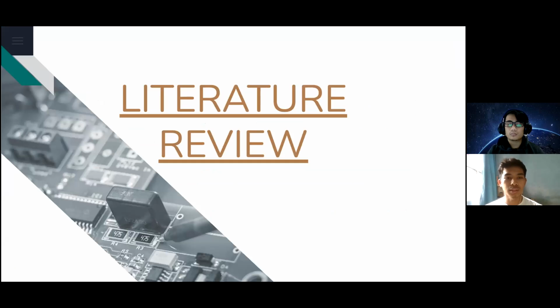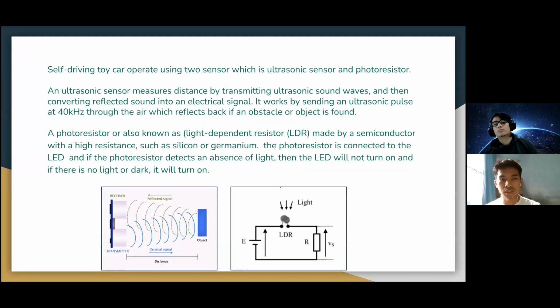Next for this slide, we will go through the literature review. The self-driving toy car operates using two sensors, which are the ultrasonic sensor and the photoresistor. The main sensor that we use is the ultrasonic sensor, which measures distance by transmitting ultrasonic sound waves and then converting the reflected sound into an electrical signal. It works by sending an ultrasonic pulse at 40 kilohertz through the air, which reflects back if an obstacle